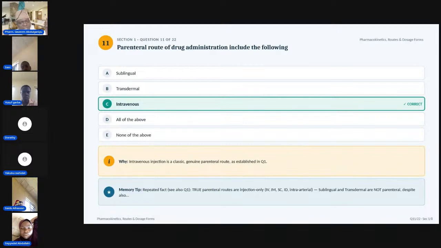So parenteral routes include the following: only intravenous. And I want you to know this: all of the above and none of the above options. So long as you have two opposite answers among the options here, these two will be false. Please note what I just said now. Since I already know that sublingual is not,